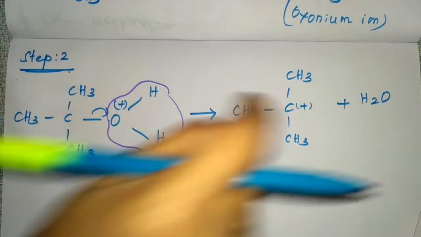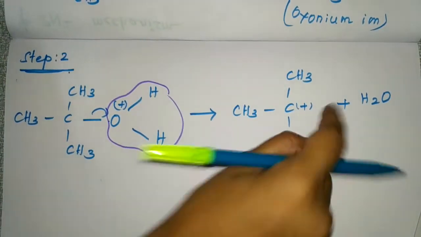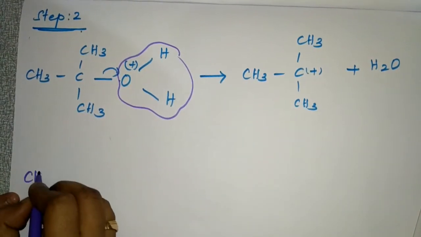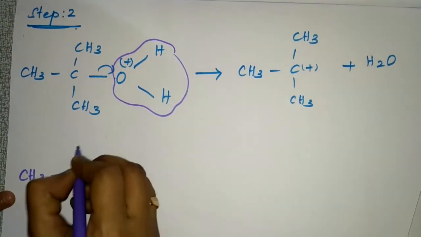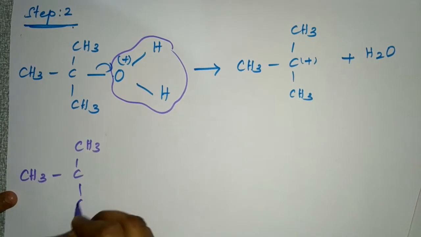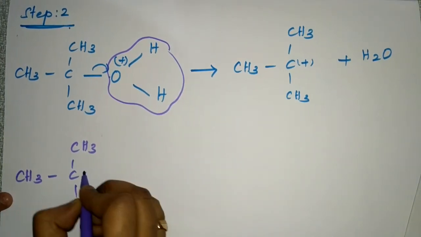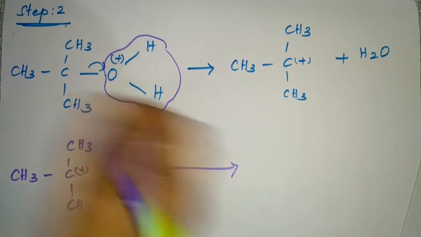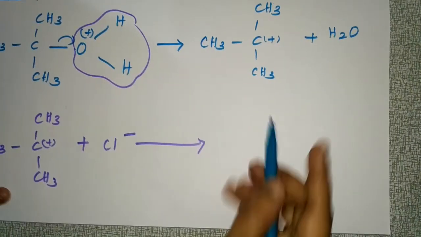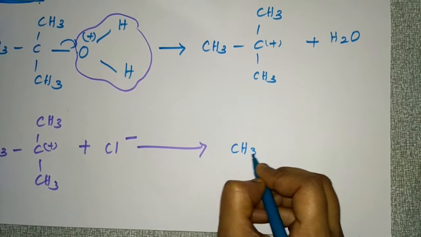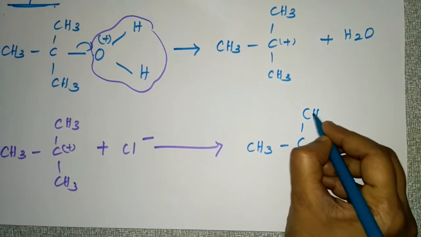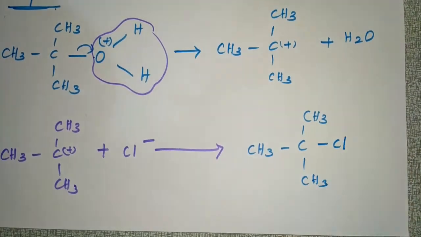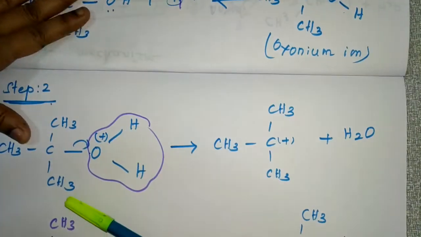So what happens to this positive charge? That chlorine will come and attack. CH3 CH3, this is positive charge. So Cl minus will come and combine. So the product will be CH3 CH3 Cl. Okay, so you got the